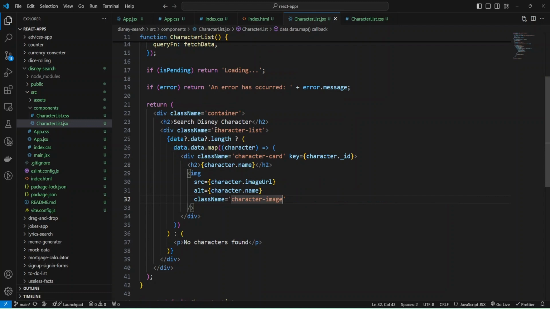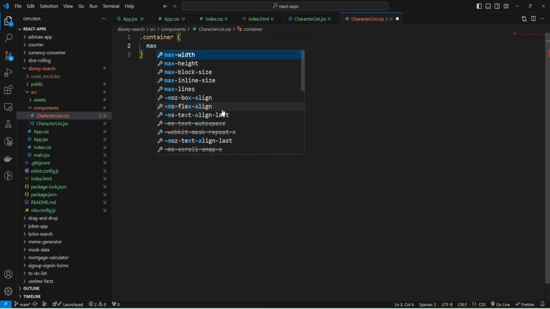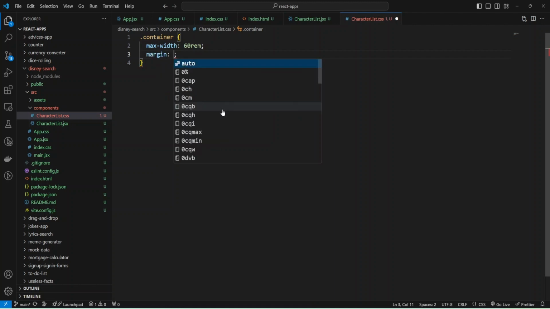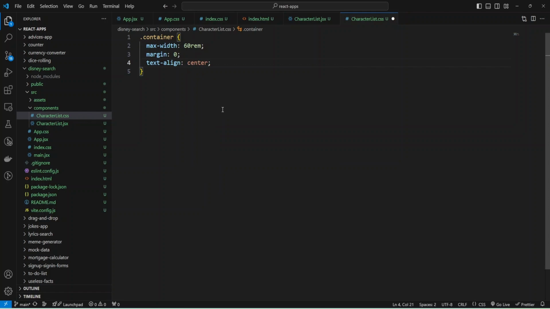Okay, and now, first of all, I need styles for my container, and let's set max-width something like 90 or 60 probably rem. And also for the container we can add some margin like 0 auto, and also we can add text-align center.